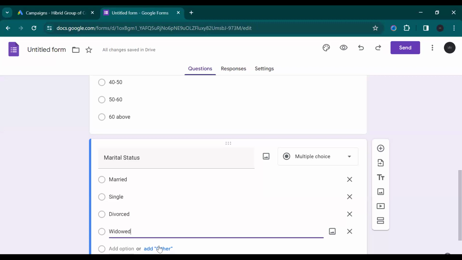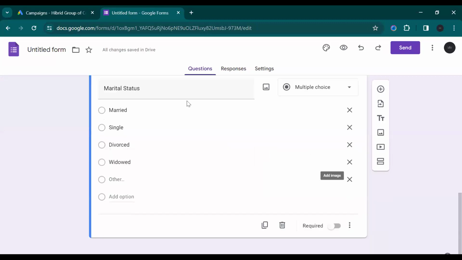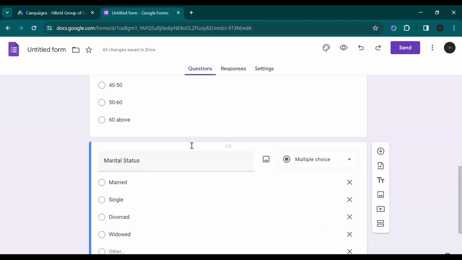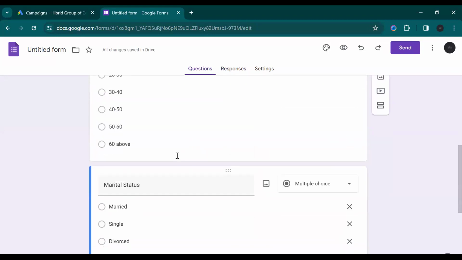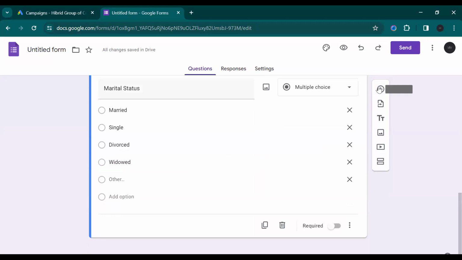The most common is usually single or married. Let's just add it there. So let's leave it like this now, right? Multiple choice: single, married, divorced, widowed. So you also know exactly who is filling the form. Then the next question